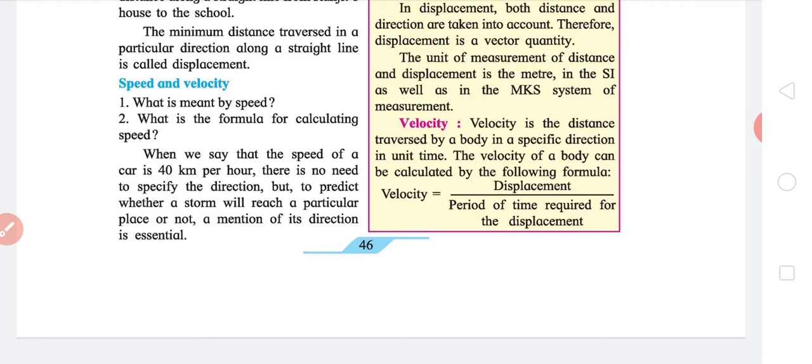So basically, for example, you are not concerned about direction. I am traveling from point X to point Y, and I have to travel at a certain speed. But if I need to know the velocity, then I have to travel at that velocity towards the position Y. So when you're defining a velocity, it should say to where, in which direction it is going.